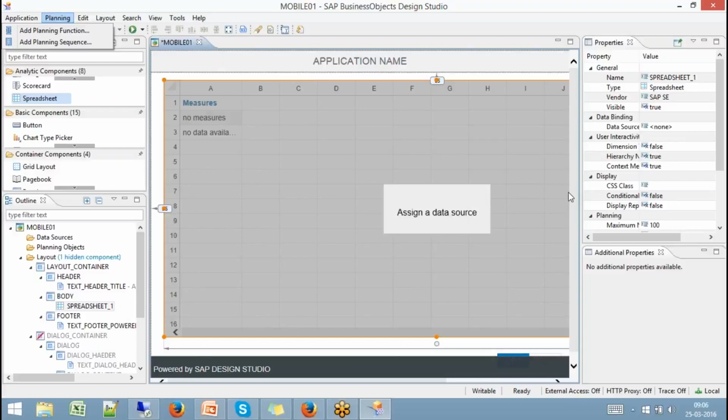Actually, why is there no BEx? This is mainly assumed to be a front-end tool, and BEx is a front-end tool for BW. Web is a dedicated component of BW. But Design Studio is not a dedicated tool for anything. It's a standalone tool that you can deploy on anything you want. You can deploy it with a HANA server, you can deploy it with a BO server, you can deploy it with